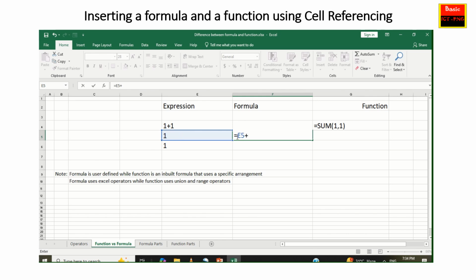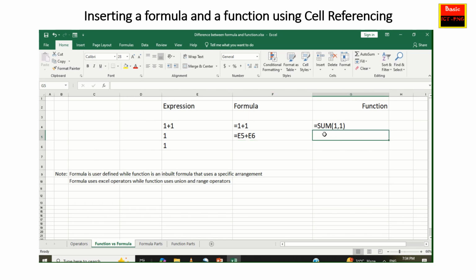So we always start with an equal sign. So E5 plus, I click on this, that's E6. My formula is done. I want to remain in the same cell, so I click the enter command up here. So that's my formula there, equals E5 plus E6. This is my formula using cell referencing. Now look up here, that's the same formula up there. But when I click away from this cell,